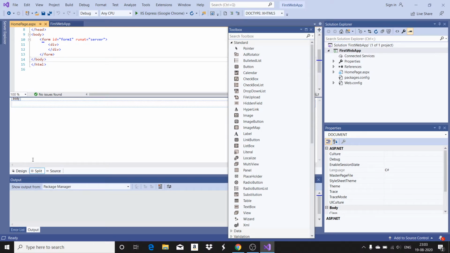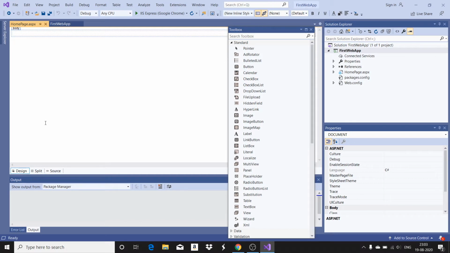Okay, so for the time being I go with the design editor. So this is where we are going to add all the user controls. So when you open this, you will be having a blank web page, and whatever user controls you want, all those things you can add here. Okay, so you can see you have a body.